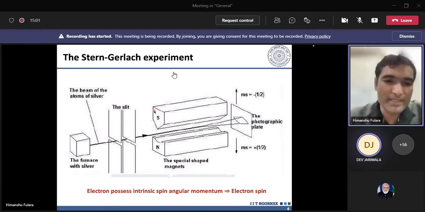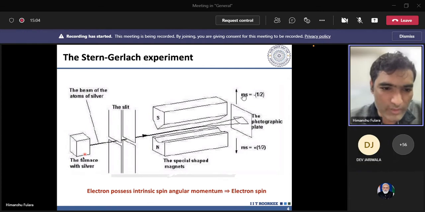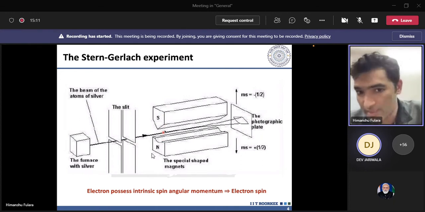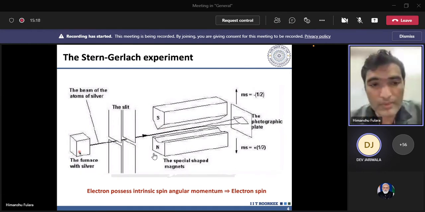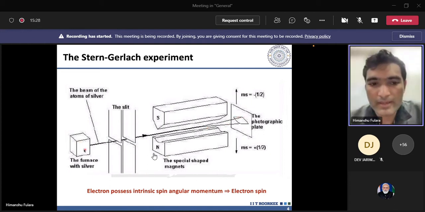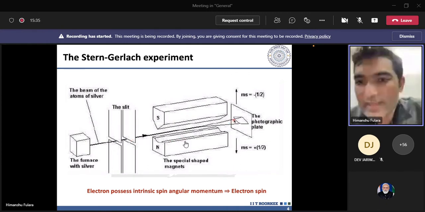But what was found in this experiment was, there was an oven here, and the silver atoms were passed through these collimators, and through this inhomogeneous magnetic field. This is basically an inhomogeneous or non-uniform magnetic field. So what was the outcome of this experiment? The outcome was that on the photographic plate there were only two deflections. When these silver atoms were passed through this non-uniform magnetic field, there were only two deflections found on